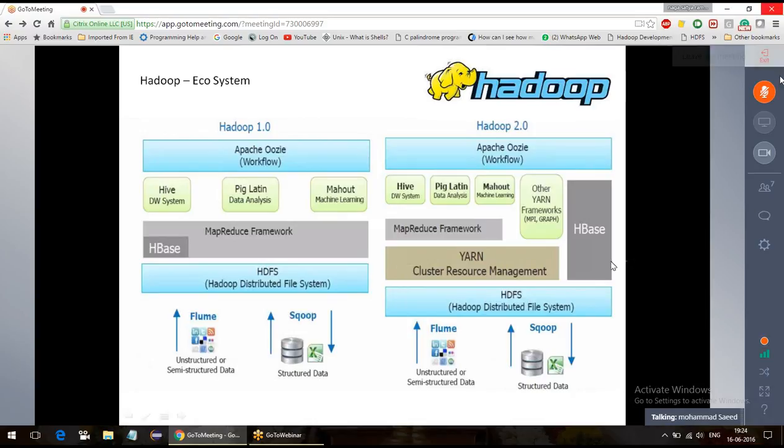What this fellow does is, now I came back because I just wanted to give you a touch base on this. Here we have the MapReduce framework with HBase and YARN cluster resource management. Now we have a fair enough idea what resource management or clustering in YARN is. Now, this is Hadoop 1.0 on the left hand side and Hadoop 2.0 on the right hand side. In 1.0, I don't have YARN. I have a HBase allocation in a small MapReduce framework. That's it. As usual, the Hadoop file system will allocate my files and it will create the folder structure independently,